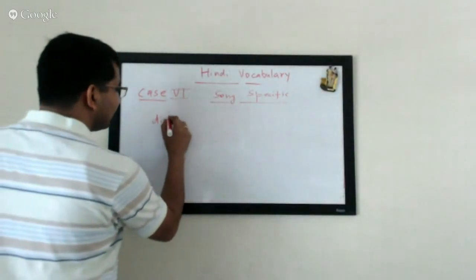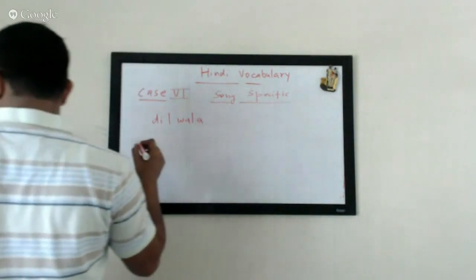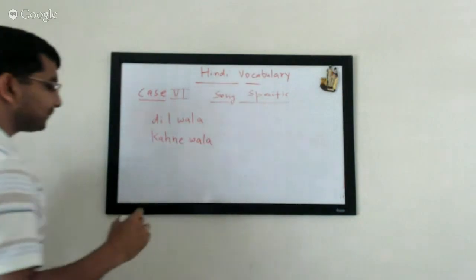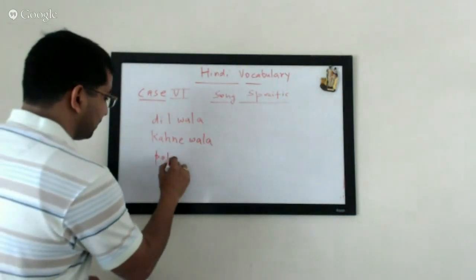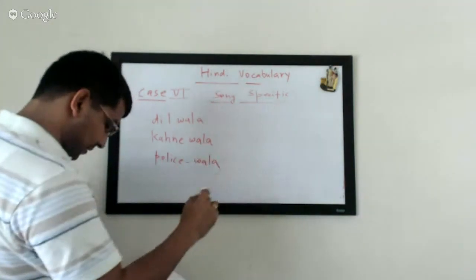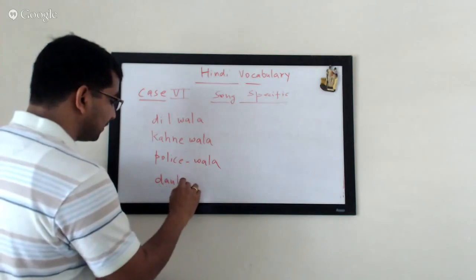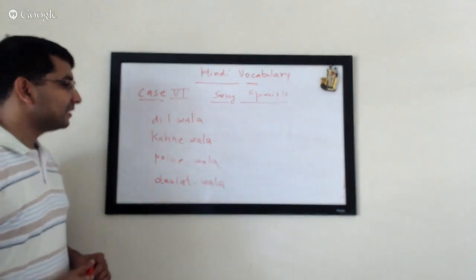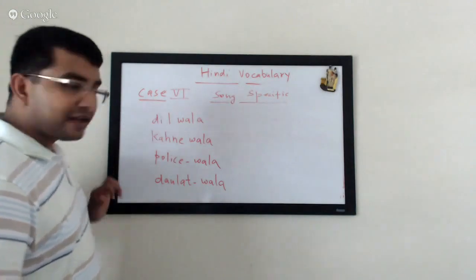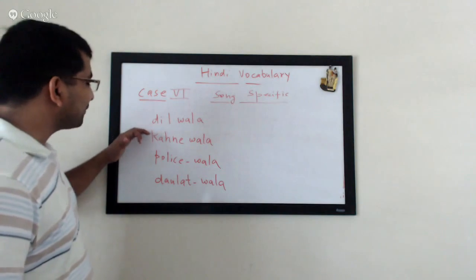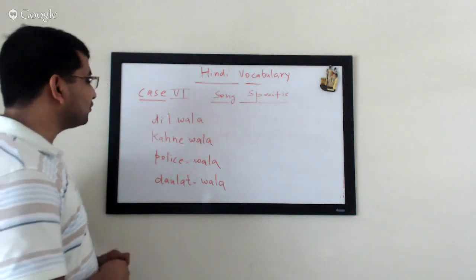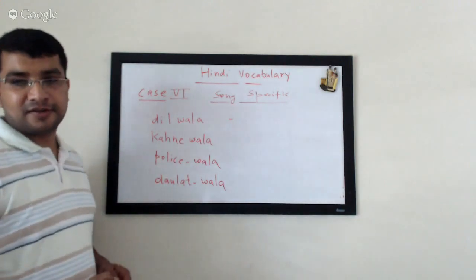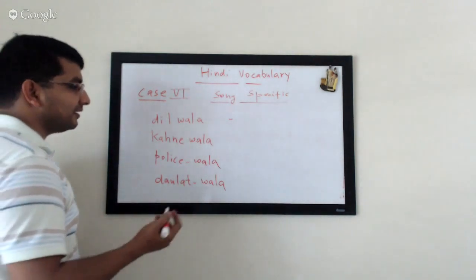In the song, you have Dilwala. You also have Kehne Wala. And you have Police Wala, and you have Daulat Wala. So I'm going to take a quick pause here. If you don't know the meaning of the first part, I'll help you out, but I want you to make an educated guess on what it would mean. So Dil is heart, and Dil Wala is